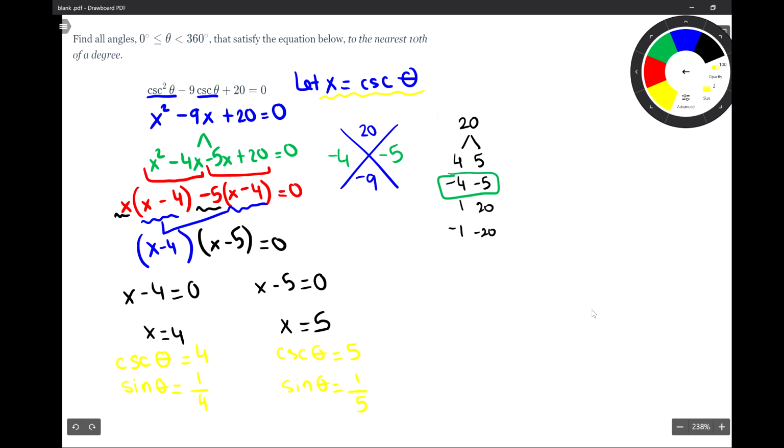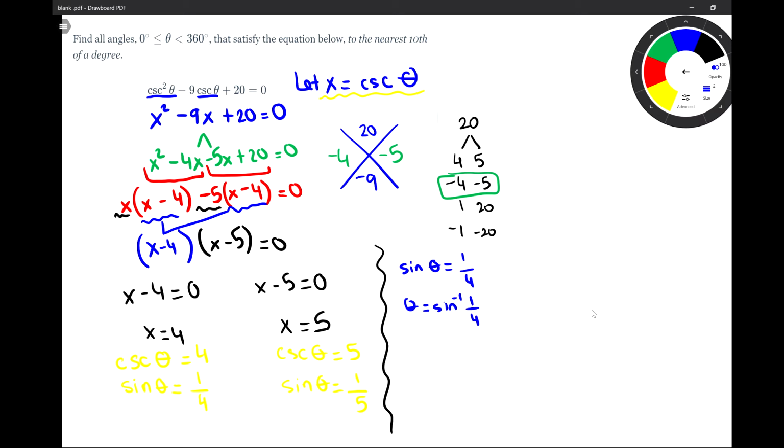Okay, so now for each of them, we will solve them. I bring it to the side right here because I run out of space. So then for sine theta equals 1/4, I do theta equals sine inverse of 1/4. When you put it into the calculator, you have theta equals